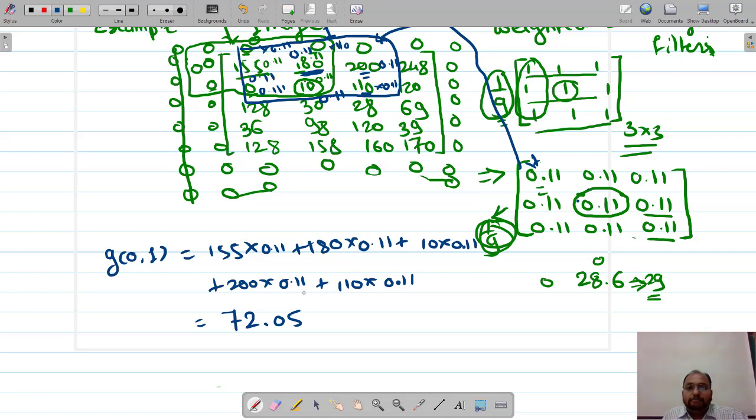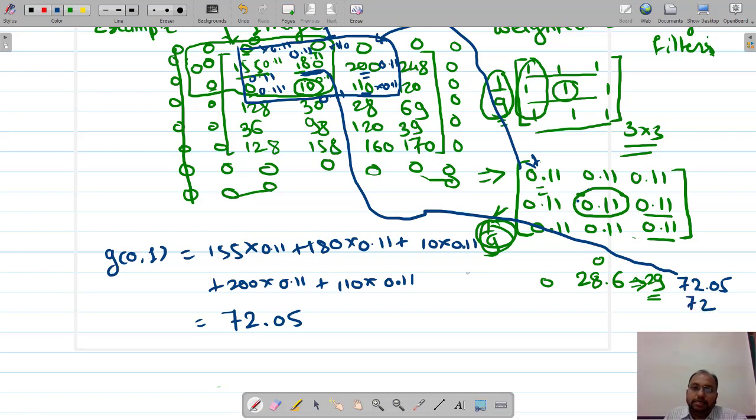Okay, so the value for this 180 is modified and it will be coming as 72.05. Are you getting it? So that we can round it off to 72.